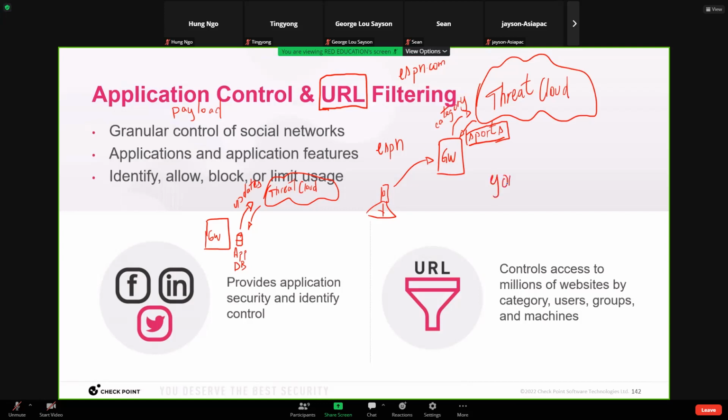So let's say YouTube, right? This is just a binary control, it is either allowed or not. Okay, that's it. But on the app control side, you can allow YouTube videos,